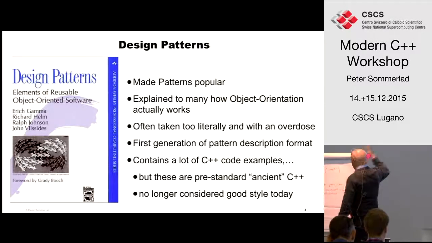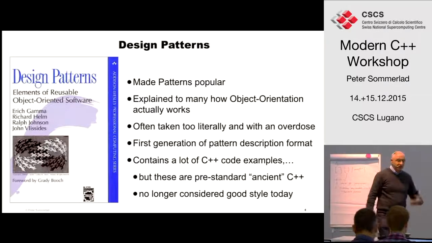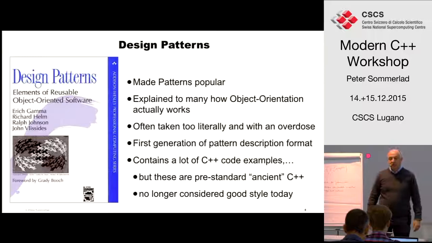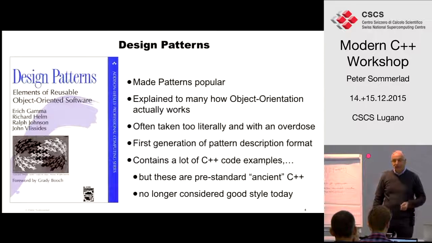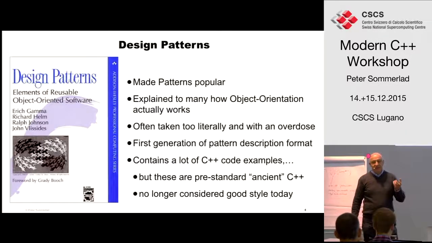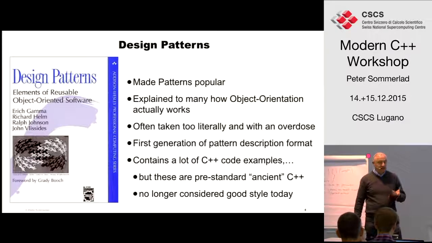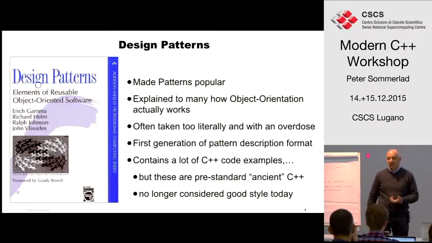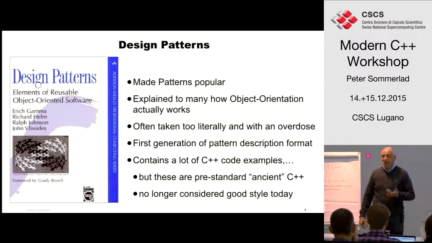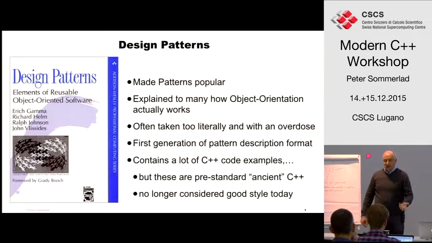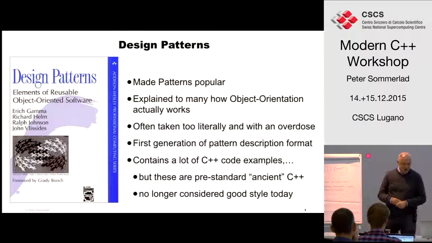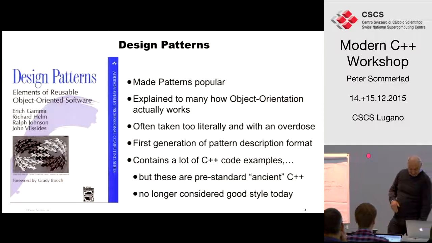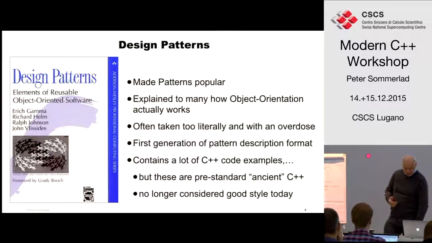One thing is, in that book there are a lot of C++ examples because C++ was one of the mainstream object-oriented programming languages at the time. But from today's perspective, after more than 20 years, what's in there is no longer good code, even the C++ code, because it's ancient C++. It uses mechanisms that are no longer applicable, it uses bare pointers, which you are no longer allowed to use after my session yesterday, and you no longer intend to use them. And there are better ways to apply the patterns today.